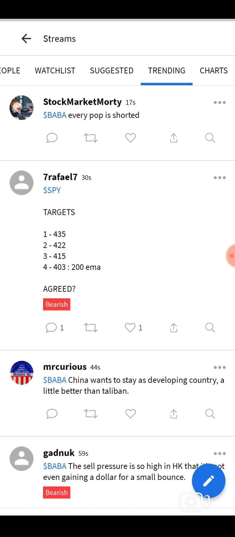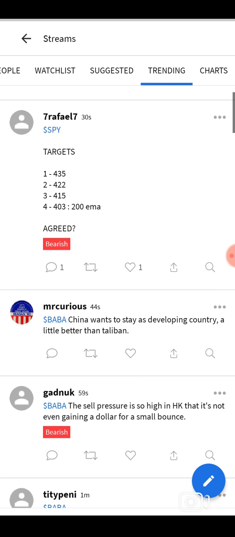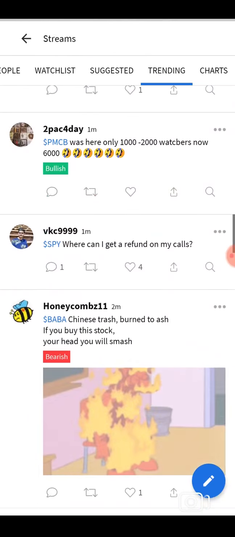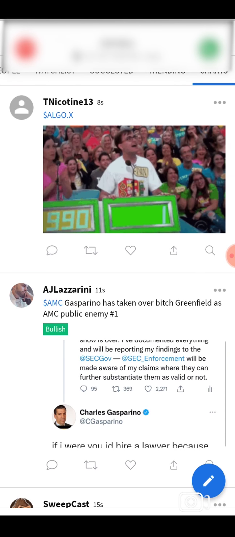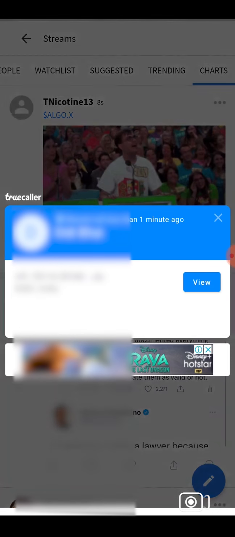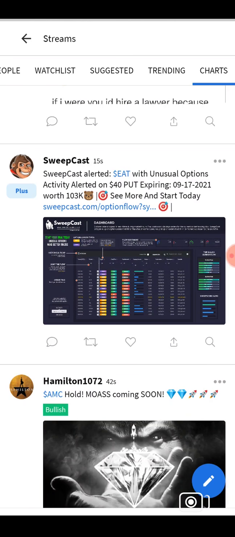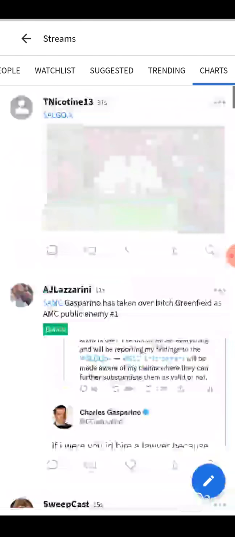If you want to say the market will be bearish, and which stock you want to talk about, let's say I want to talk about Reliance, so I'll write dollar Reliance, then these are the targets that it can achieve. You can also write your own tweets. And now coming to charts, these are the charts that you can see here, right? So this is all about the application.